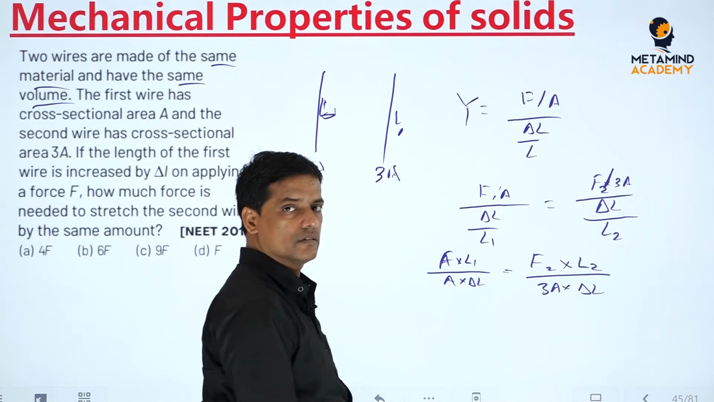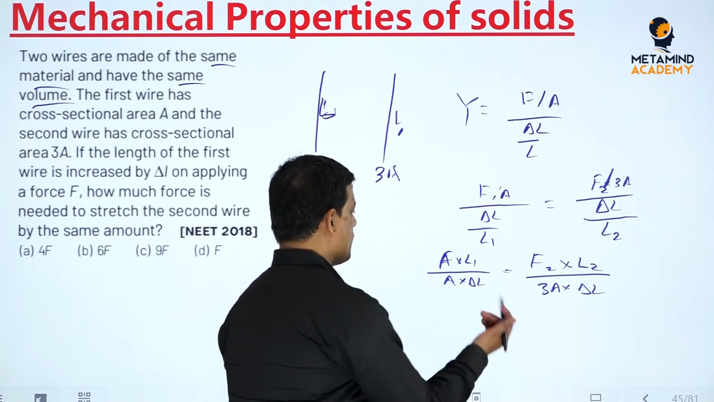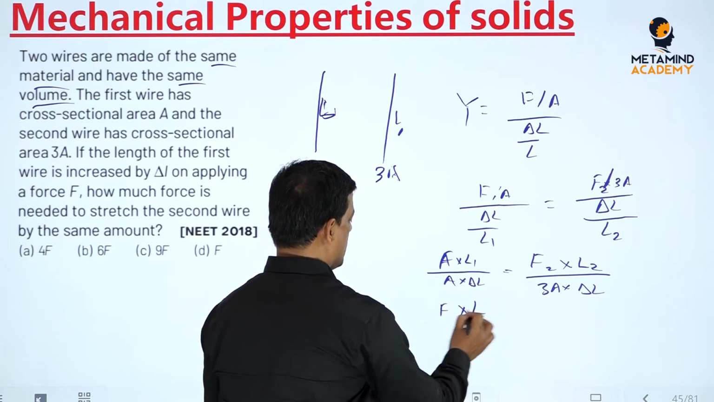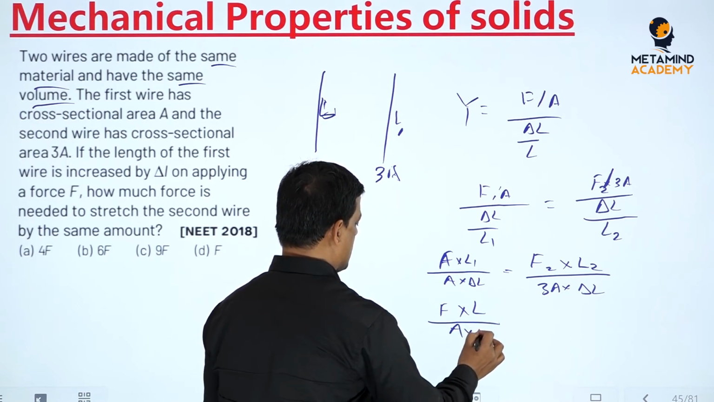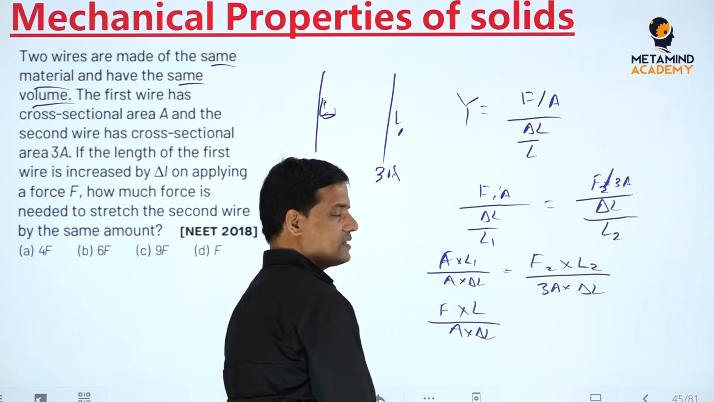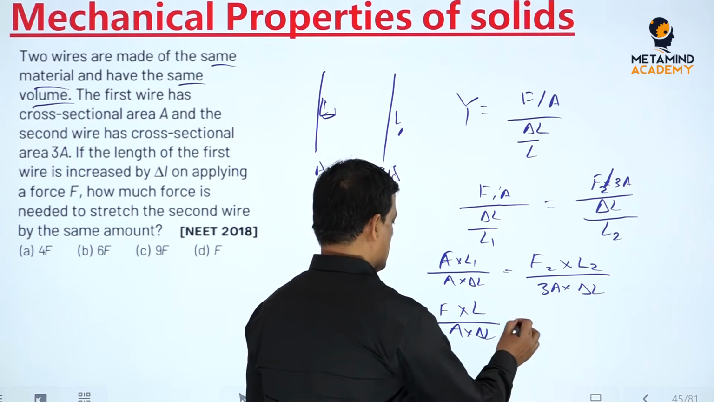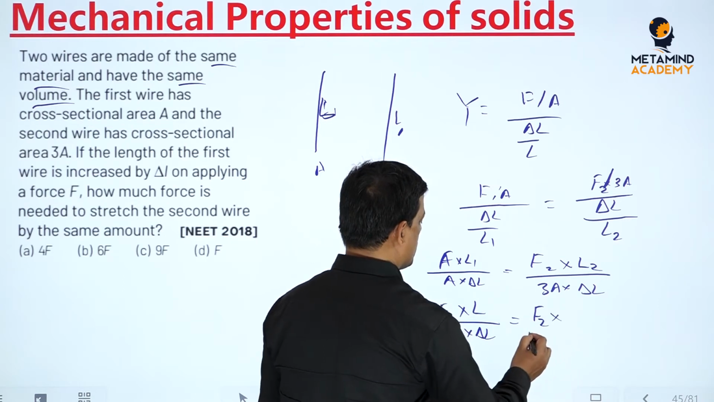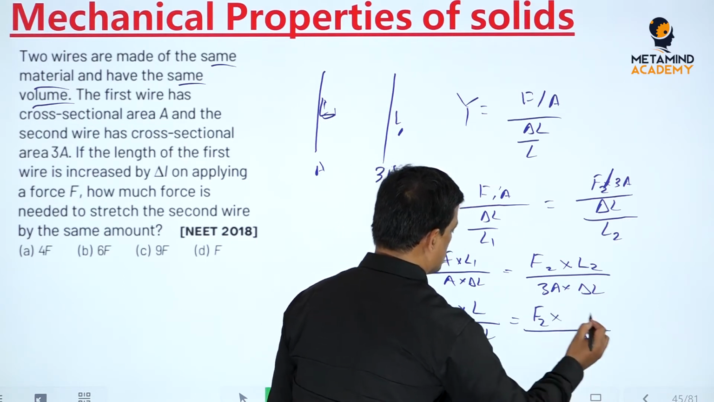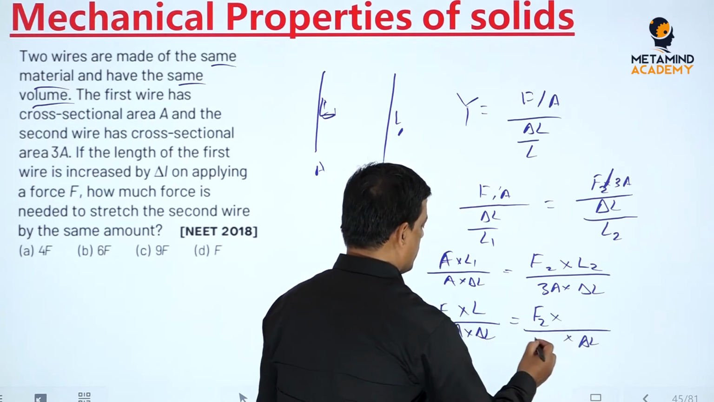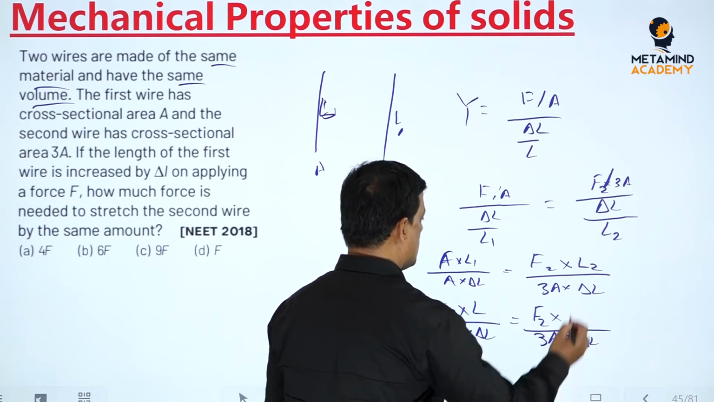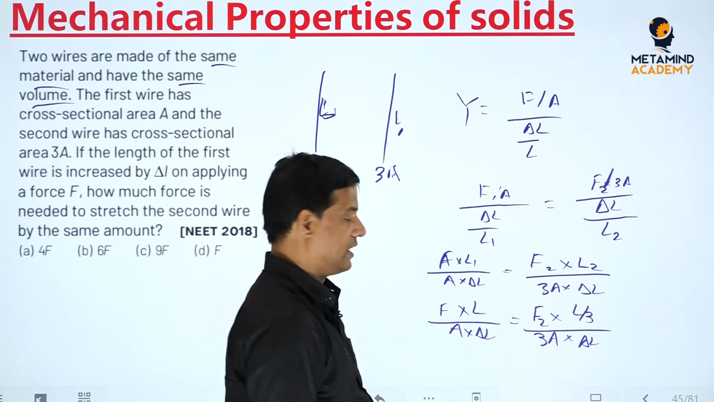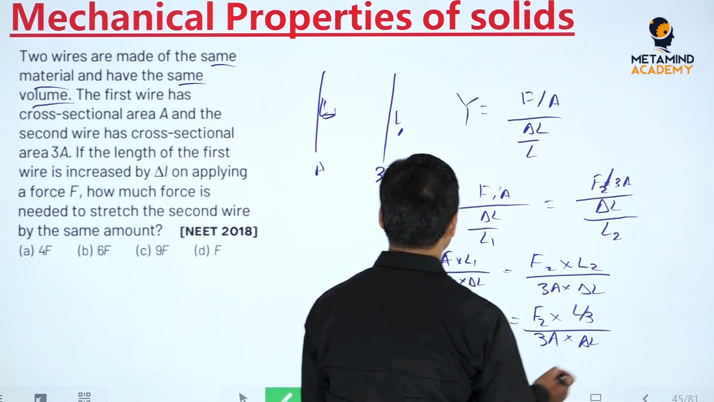Right or wrong? Correct? Now we put in F as the force we have applied, its length is L, its area is A, and the displacement, I mean the elongation created, is delta L. You want to find out F2, the force which will create the same elongation delta L, where my area of cross section is now 3A and my length is L by 3. So if you see what will happen, this implies